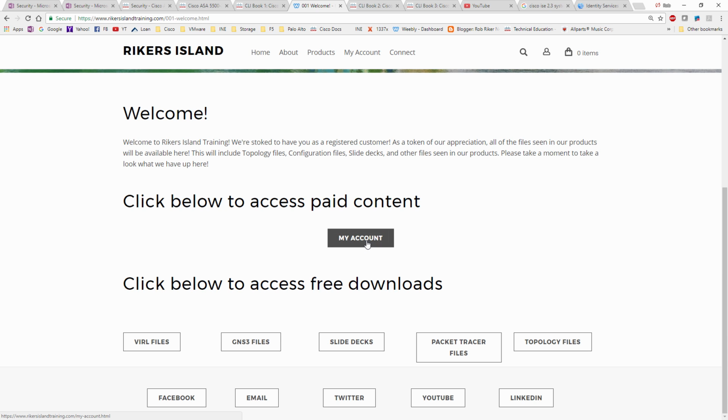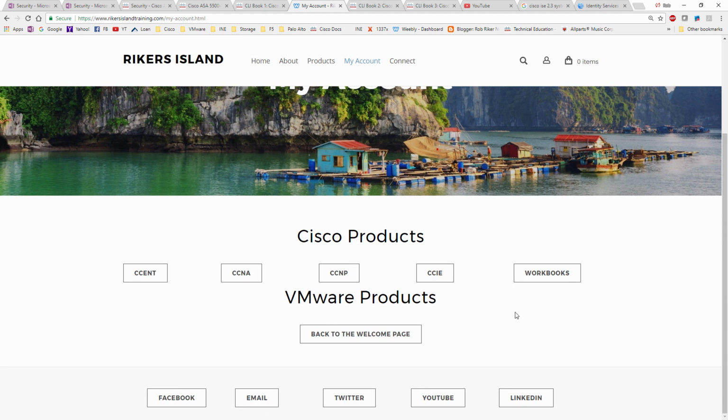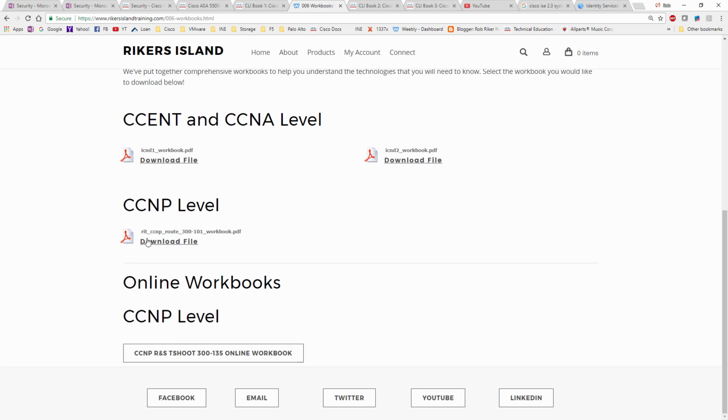If you're a paid subscriber, you currently won't have access to this particular option, but this is what I'm working on. If you click on workbooks here, if you've paid for the workbook, this is where you would download your workbooks. I've tried to make it very easy to follow. What I'm actually working on now is an online workbook versus a